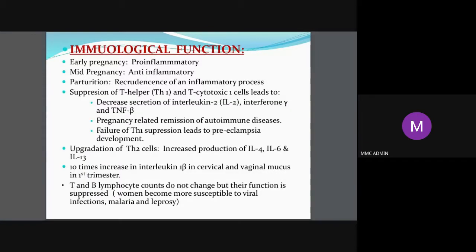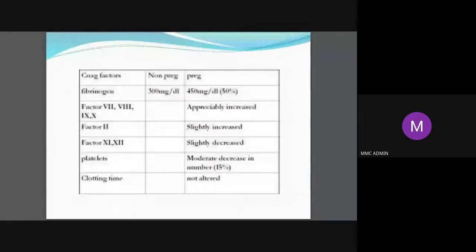Now, another thing is interpretation of ESR. As you know, the globulins and fibrinogen both have increased in pregnancy. So the ESR may be very high in pregnancy. It's not given here. But when you look at the ESR of a pregnant lady, it will be high only. Don't think that she's having some inflammation or something. That is because of pregnancy only. So this is interpretation of the lab reports.